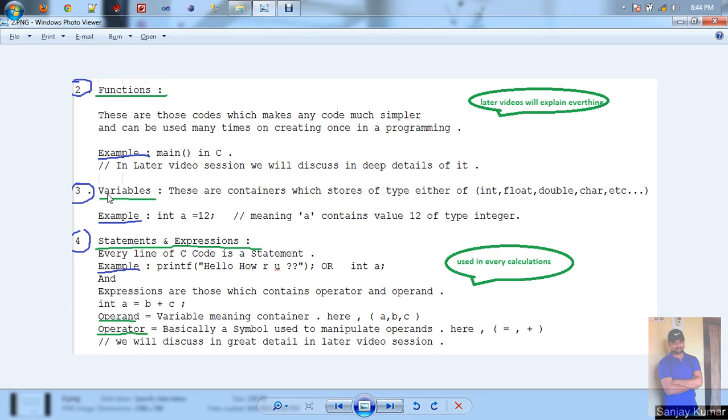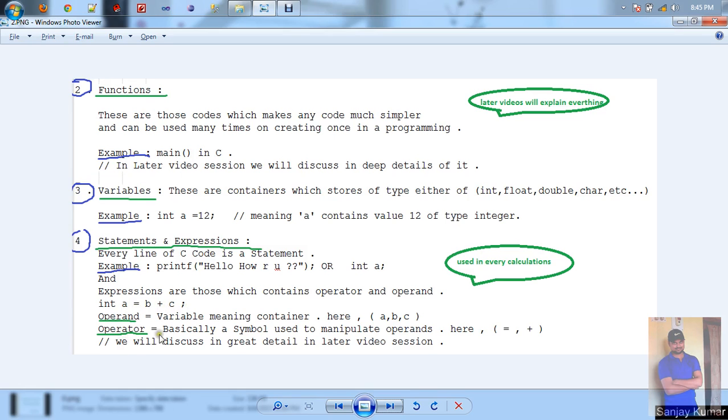Operands are the containers which contain the values. Here I have made an example like int a = 12. In this, variable a is equal to 12, meaning a has the value 12. In the example int a = b + c, there are three operands: a, b and c. Operands are variables which contain certain values.